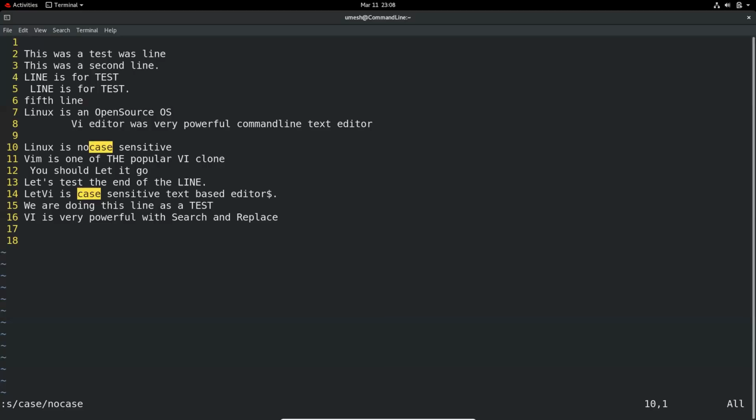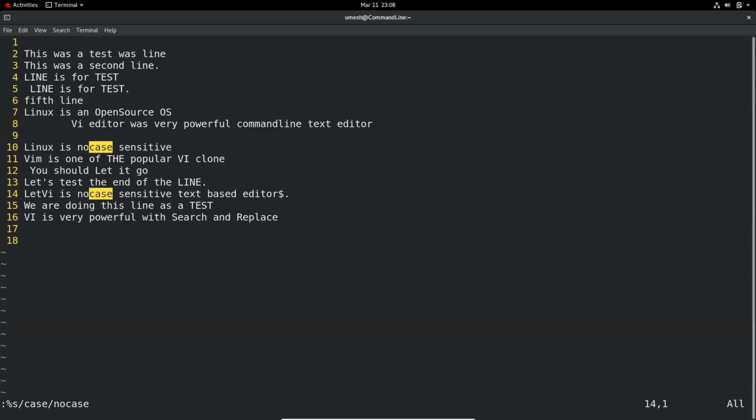But if you want to do substitute all over the file, then you should do, let's undo that, %s. Percentage means from the beginning of the file until the end of the file. So find case and replace with no case. It just replaced line 10 and 14.